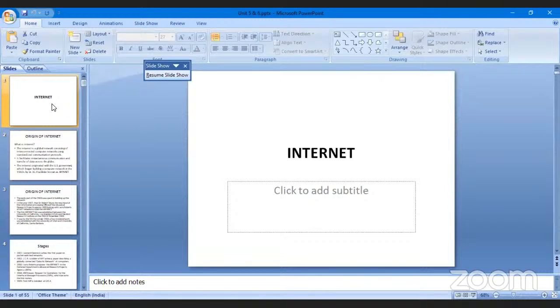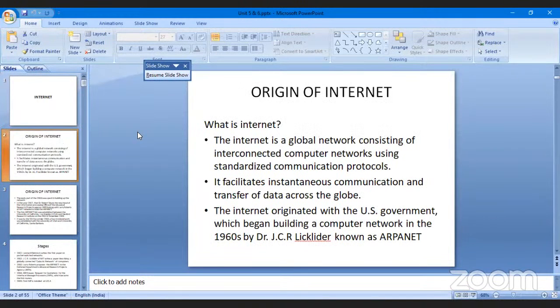Fifth unit is the internet, the origin of the internet. Let's understand why all the digital advancement, all the wireless communication, everything is happening because of the internet. We are connected to each other because of the internet. Yes or no? So let's understand a few things about the internet: when it started and how the network happens. All these things we will try to understand in this particular unit.